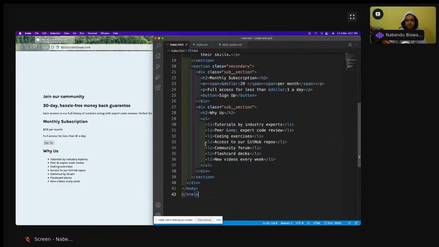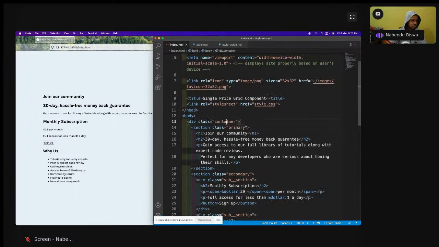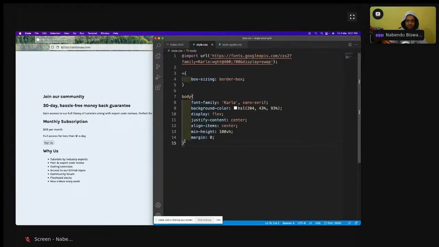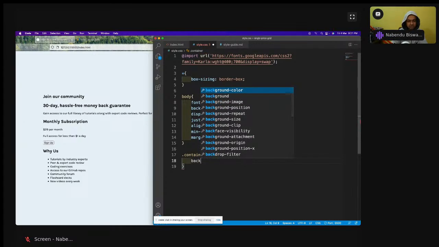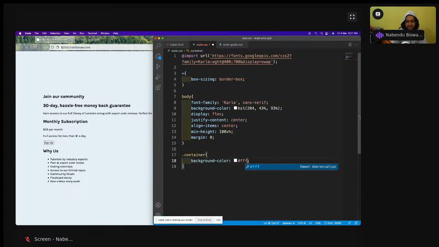So the box and all I have to create in the container, which is wrapping everything. So this container, I'll do the background color. They have not mentioned the background color anyway, but the main background color I'll make it white, and then min width of